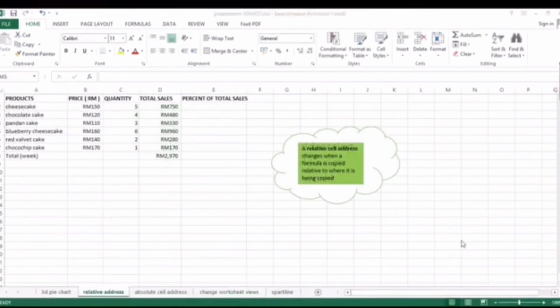Okay, let me introduce you the difference between relative address and absolute cell address. A relative cell address changes when a formula is copied, relative to where it is being copied. First of all, this is the information of the company. Let's say we choose the product, which is cheesecake. We need to calculate the percent of the total sales. So we just click here,